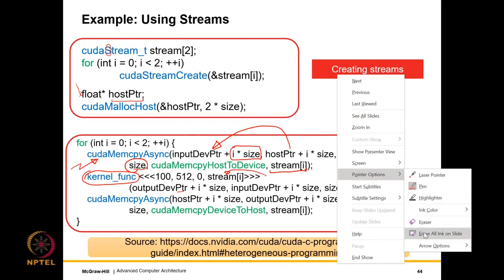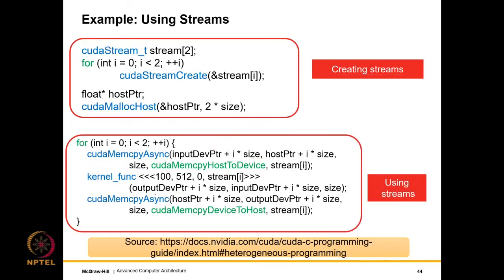I'll slightly reduce the clutter, and then what we have over here is again a copy, the copy from the device to the host. And again, as you can see, we have the host pointer and the output device pointer. But the most important thing is that even this operation is being assigned to the stream over here. So we are assigning all three operations to this stream, and these are not synchronous in the sense that they are not tying up the GPU. It is just that we are telling the stream that look, these are the three operations you need to perform.